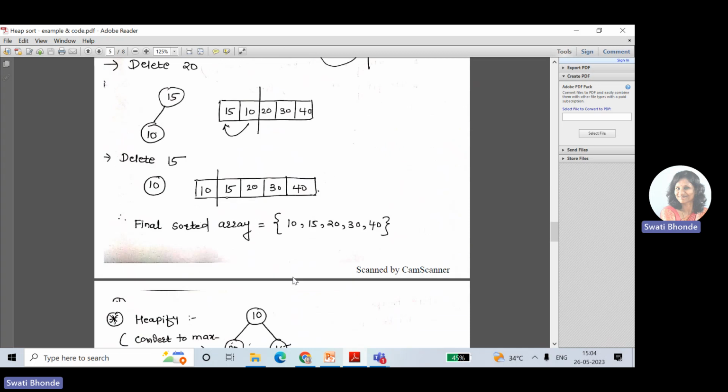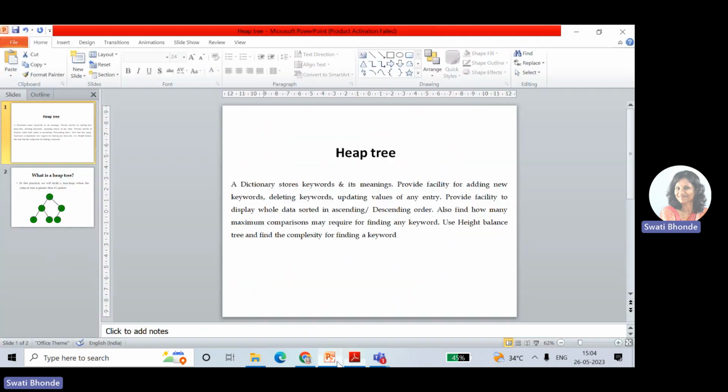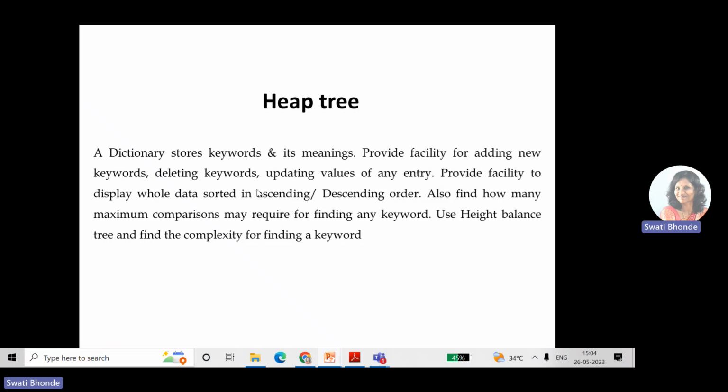Now for demonstration purposes, I will show you the title of the program which we have to perform in the practical. Now what is the title? The title here is a dictionary stores